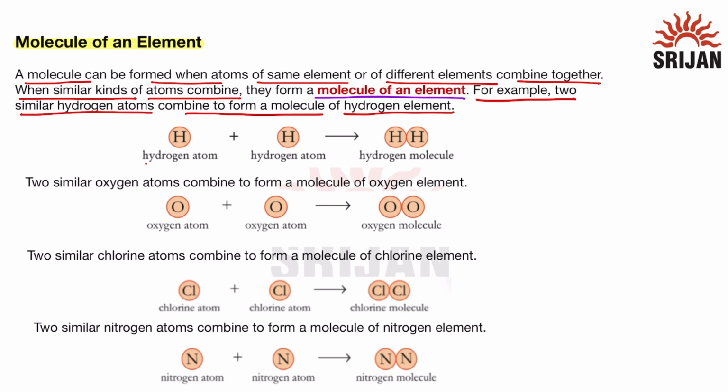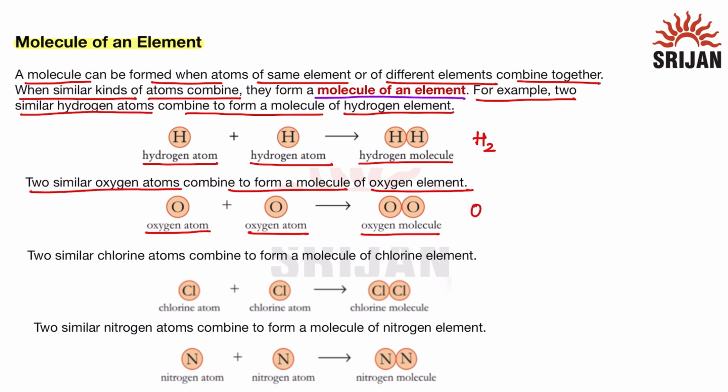Now we can see if we take one hydrogen atom and it combines with another hydrogen atom, it will form a hydrogen molecule that is represented as H2. That means it contains two hydrogen atoms. Now if two similar oxygen atoms combine, they form a molecule of oxygen element. One is an oxygen atom, the other is also an oxygen atom, and they combine to form an oxygen molecule which is written as